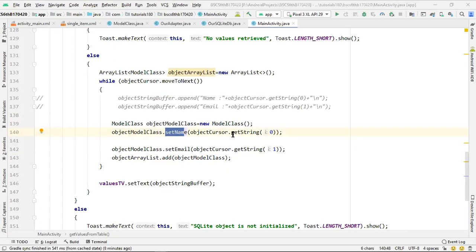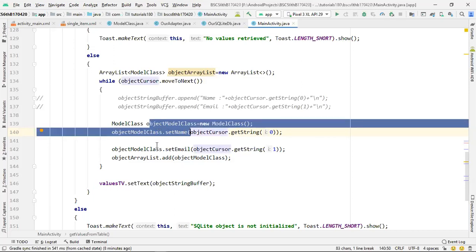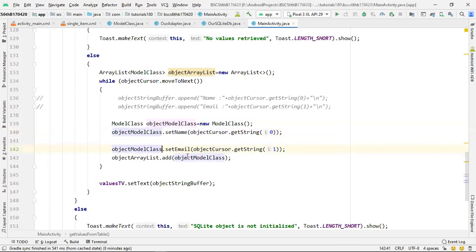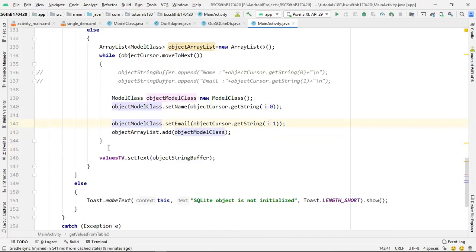After that we will be adding that model class object to our array list. Similarly, this process will continue for the rest of the values as well. And after adding all the objects of model class to our array list, we're going to go out of this while loop.